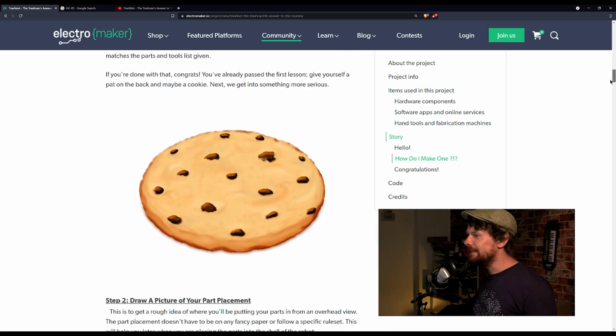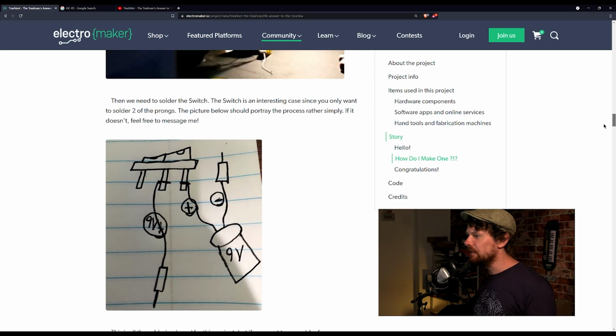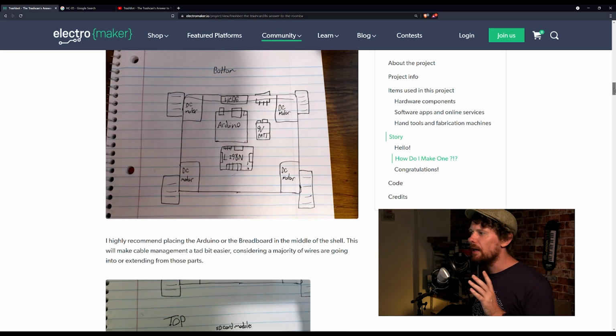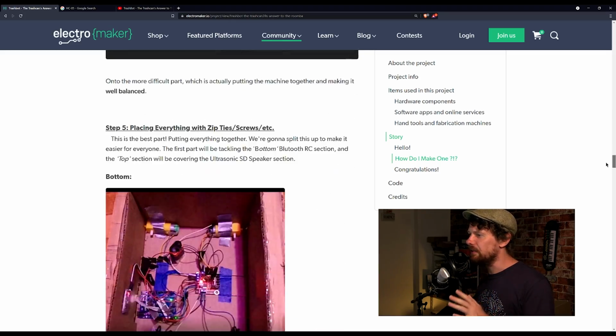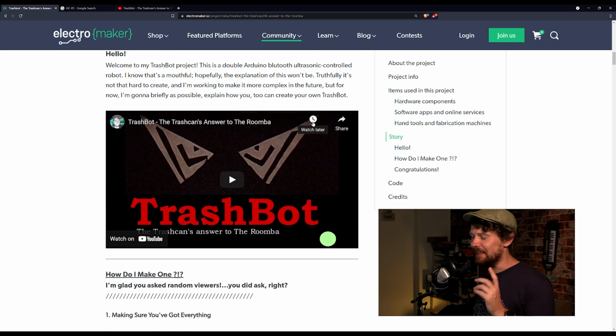Now, not only is this a fantastically detailed write-up of everything, including some hand-drawn diagrams of the circuitry, the explanation really is down to a level that if you have no previous experience in doing this kind of stuff, I honestly think you could follow this tutorial and get this thing working. Not only has it got all of the code and everything you need, Greenie has also created a frankly hilarious and still very